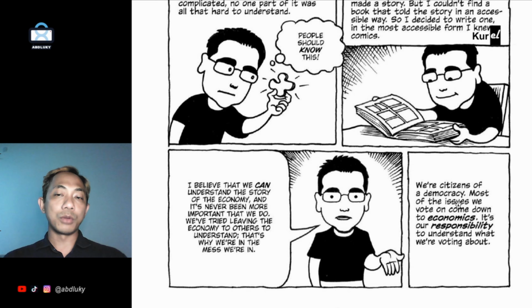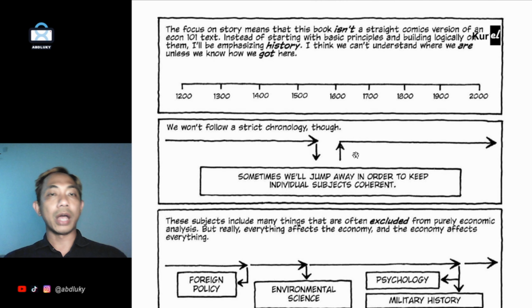We are citizens of a democracy. Most of the issues we vote on come down to economics. It's our responsibility to understand what we are voting about. Okay, so actually the focus of the story, this book isn't really straight something like this comic version of